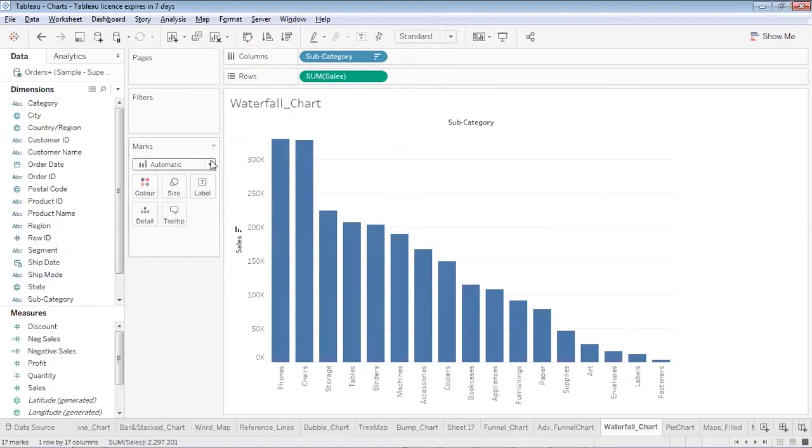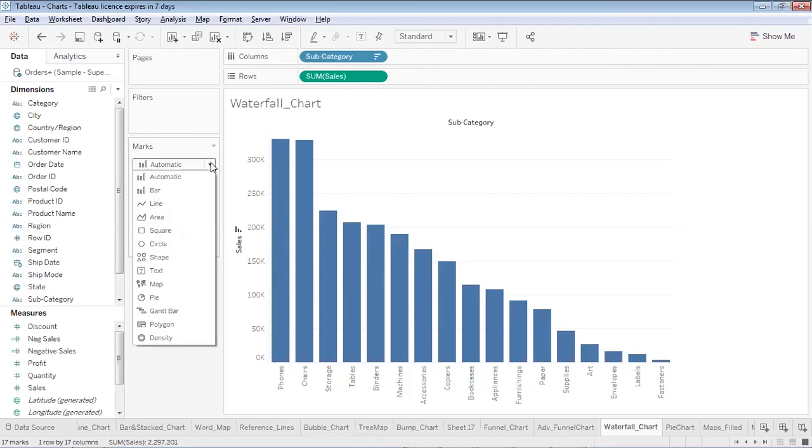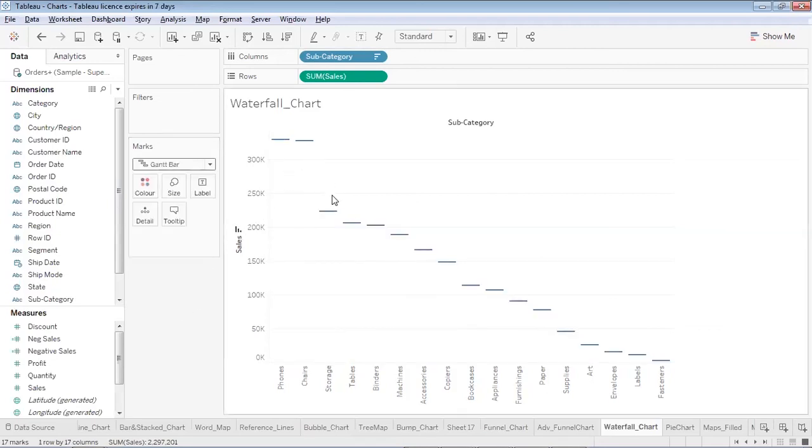Now from the marks, instead of using automatic, I'll have to use a Gantt chart. So this is something like a waterfall. Now I'll have to increase the size of each of the values, so I'll place sales on size.